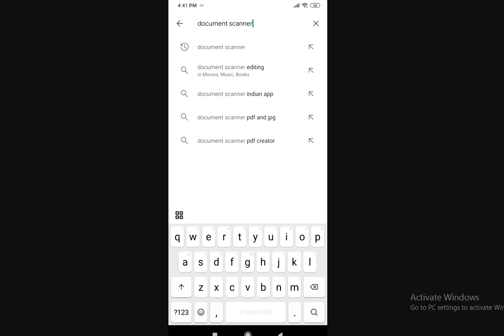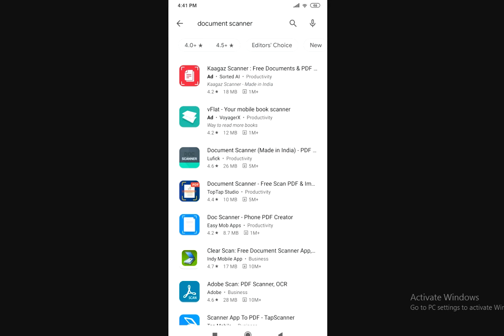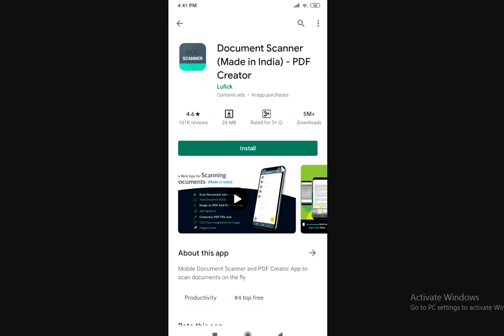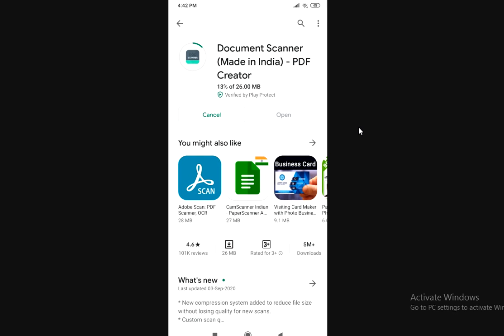When you type document scanner and search for it, these are the list of applications you will get. From here you will choose this document scanner that is listed on number 3 in the list. Once you click on it, it will show you the option of install. Click on the install option and wait for the download. When this app gets downloaded on your phone, it will show an option for opening the app. Just click on this option to open the app,